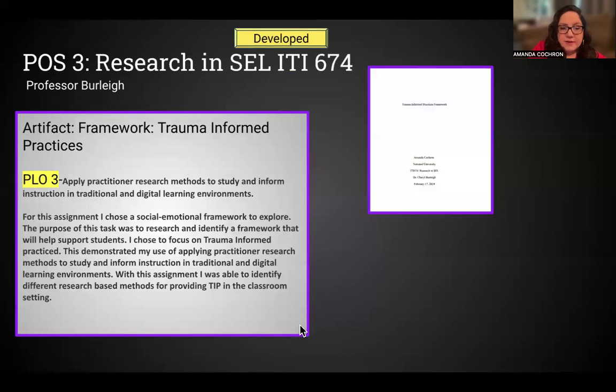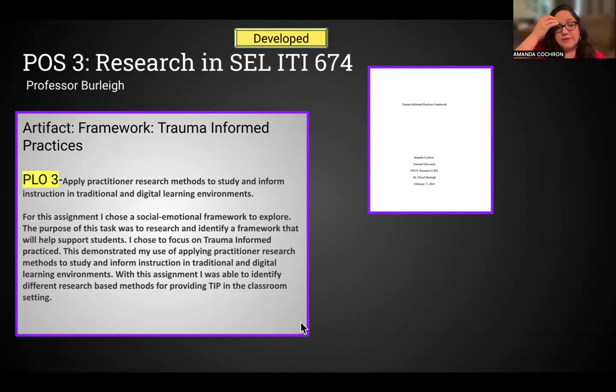For my next artifact, I did research in SEL, ITI 674, Professor Burley. I did research on trauma-informed practices. We were to explore a framework and do research, and I chose to focus on trauma-informed practices.